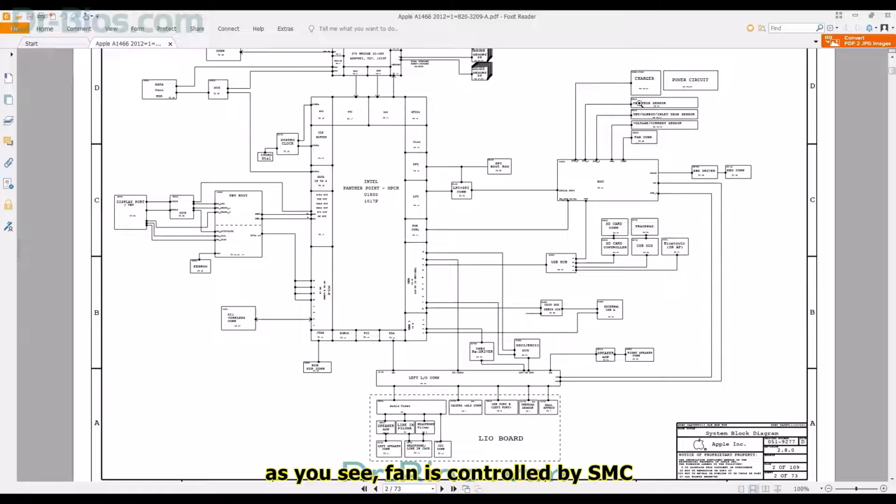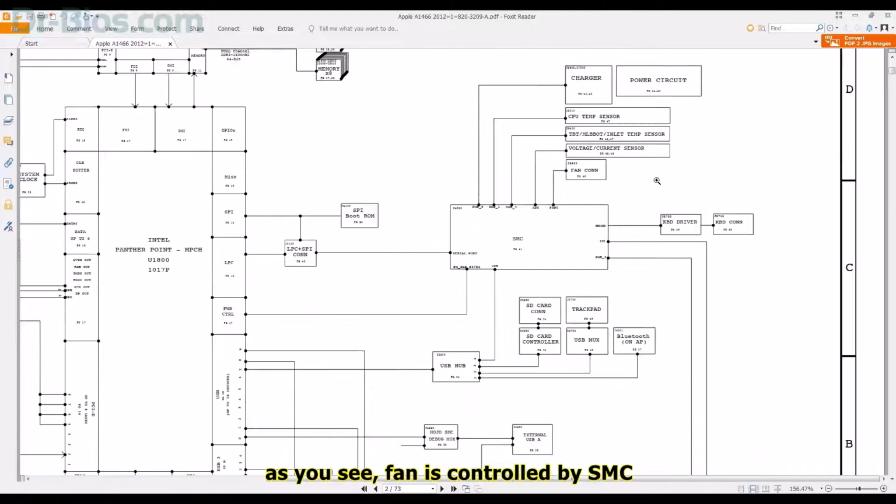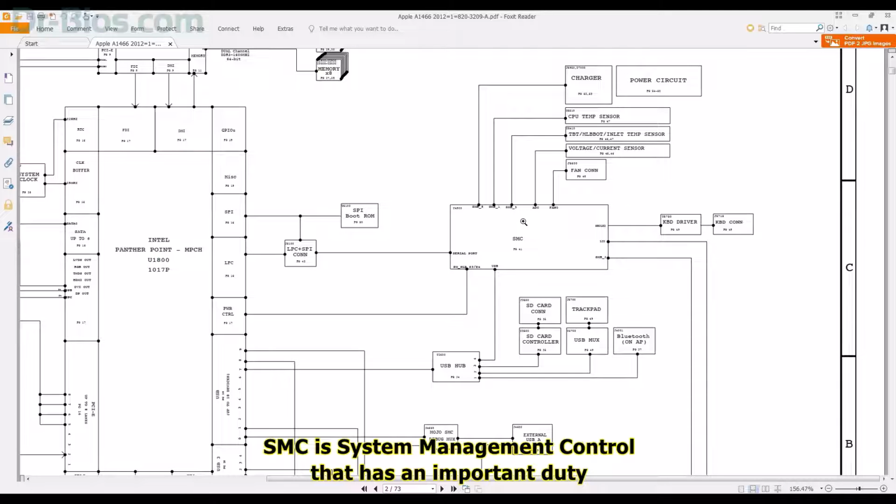As you see, the fan is controlled by SMC. And SMC is connected to PCH by serial port. What is SMC? SMC is System Management Control that has an important duty,